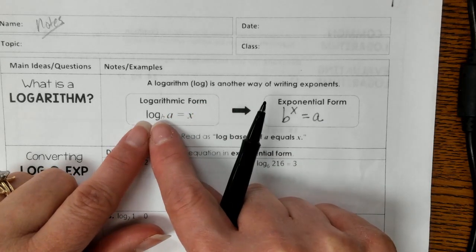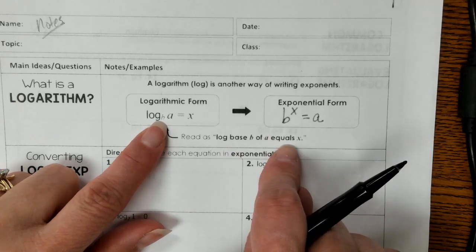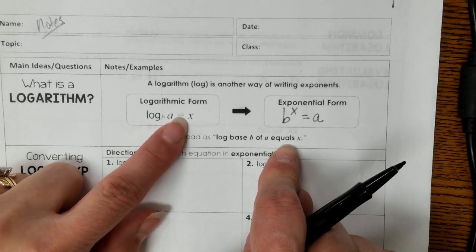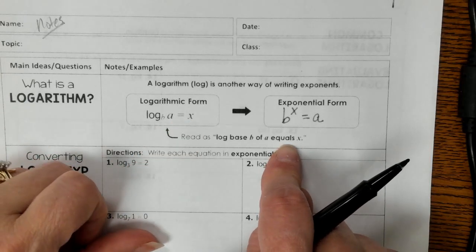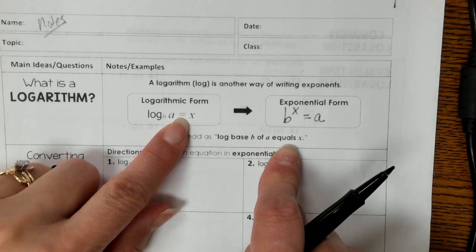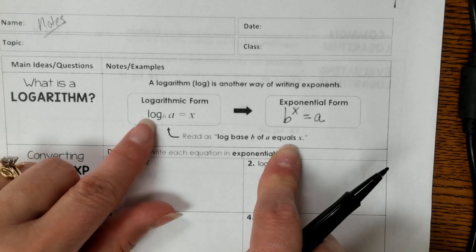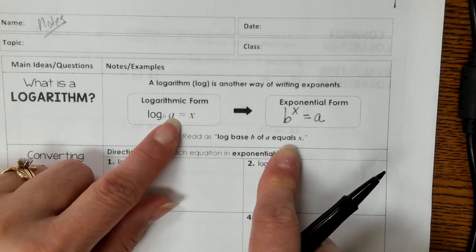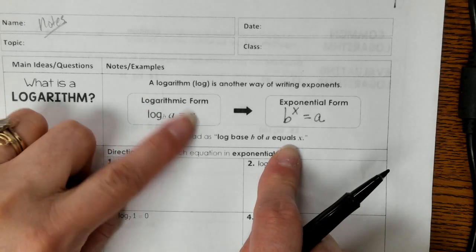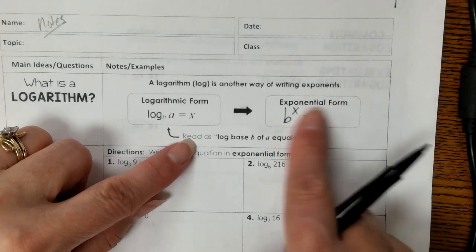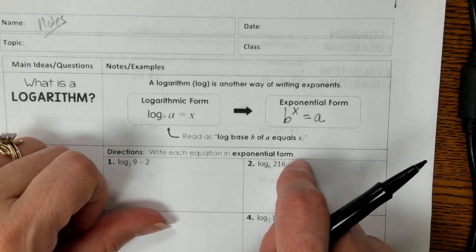They say log with the base b. Notice how they say it, how to read it right here. It says log base b of a is x. You can interchange is and equals. In math, is the same as equals. So log base b of a equals x. This can be rewritten as an exponential form, and it would be, remember how I talked about, like in our